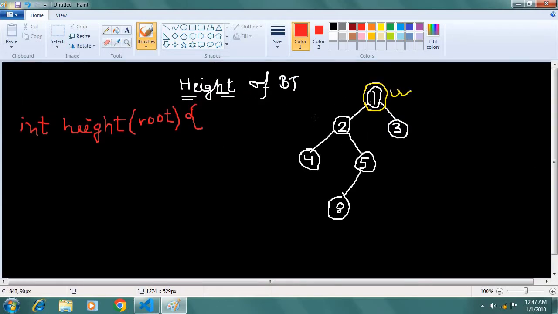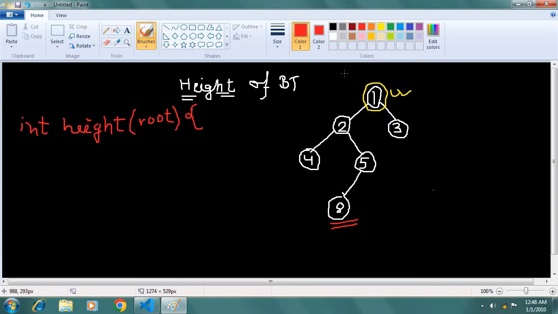So what will be the height of this tree? How can I determine the height of this tree? For each and every node, you need to only remember one thing. Forget other things. Just think about the definition of the height of a binary tree: it is basically the maximum number of nodes coming in a path from the root node to the deepest leaf node. So I need to take the deepest leaf node, and in that particular path, the maximum number of nodes is the height of my tree. So can I say that it is the longest depth in a tree?